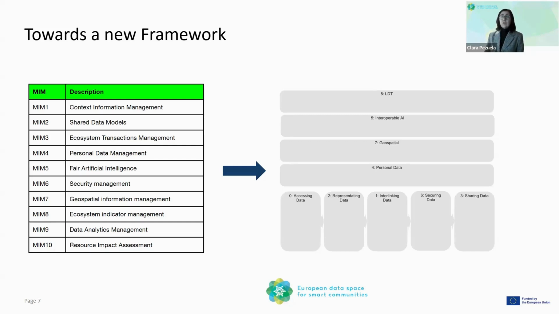In your proposals, you had to identify which were the MIMs that you were mapping. And well, as essential MIMs for data sharing, we have the MIM 1 and MIM 2 and MIM 6, because we need to describe the data, we need to exchange the data, and we need to do this in a secure manner. So that's why you were inquired during the proposal about this mapping with the MIMs.